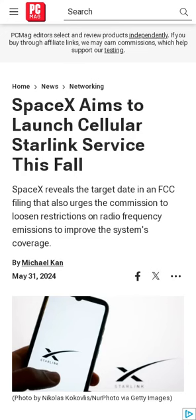SpaceX has revealed plans to launch its Starlink system for phones this fall in a filing about the FCC's new rules on supplying satellite connectivity to U.S. carriers. The company says that the FCC's current framework for supplying satellite connectivity to phones is too restrictive and has